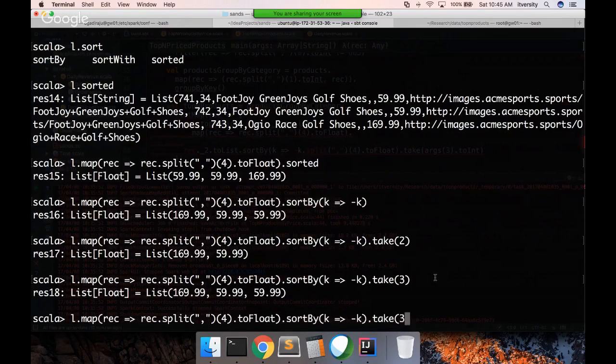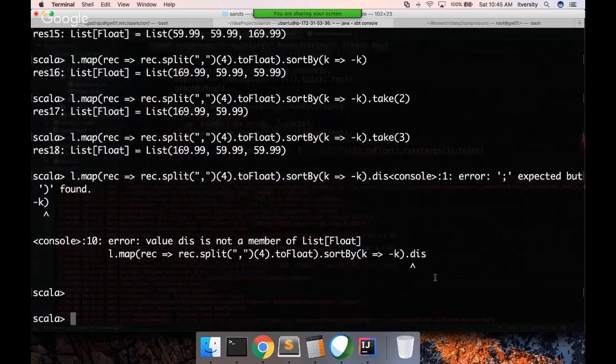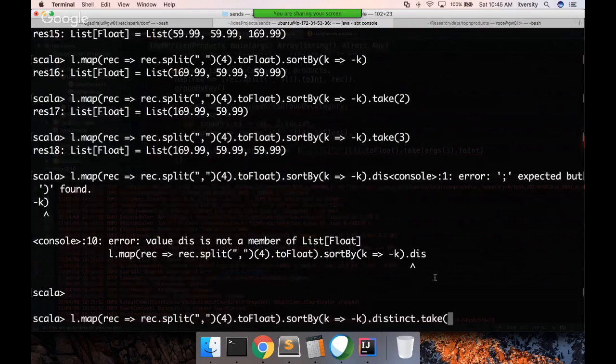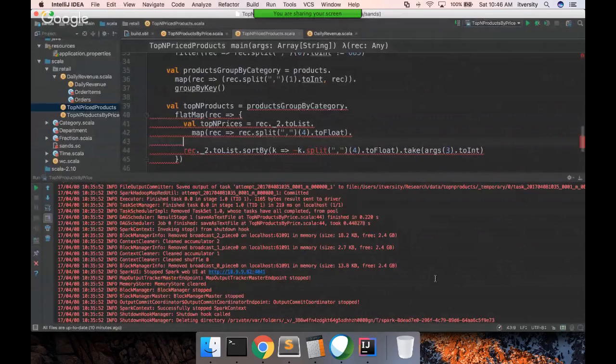Instead, first, after sorting the data, you have to apply the distinct and then take of two or three, whatever it is. So we have to apply this logic to get top end prices. Here we have to say